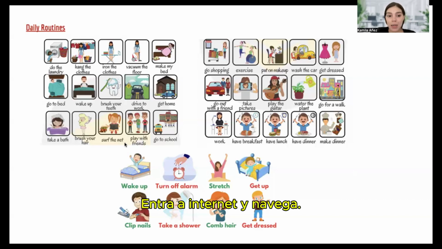entrar a internet, navegar en internet, play with friends, jugar con amigos, go to school, ir a la escuela, go shopping, ir a hacer shopping, exercise, hacer ejercicio o ejercitarse, put on makeup, maquillarnos, wash the car, lavar el auto, get dressed, vestirnos, go out with a friend, salir con algún amigo, take pictures, tomarnos fotos, play the guitar, tocar la guitarra, water the plants, echar agua a las plantas, go for a